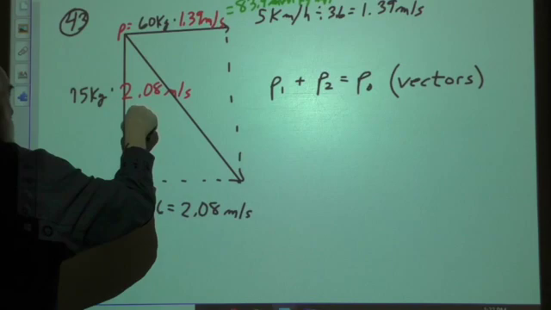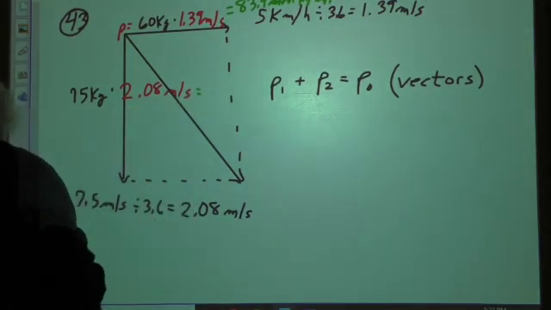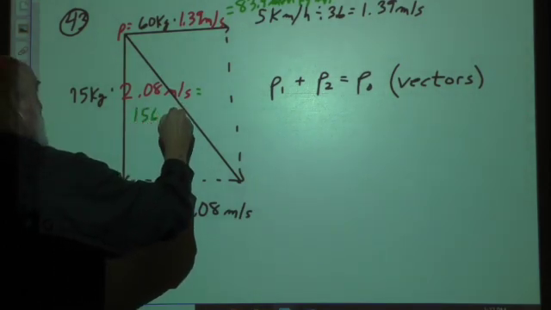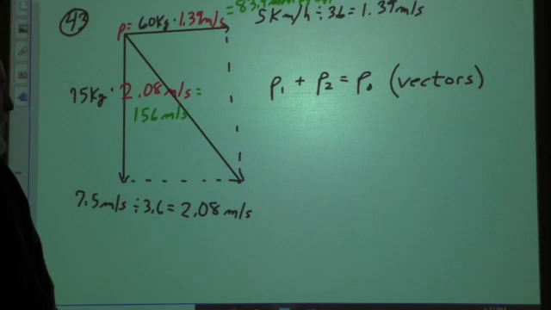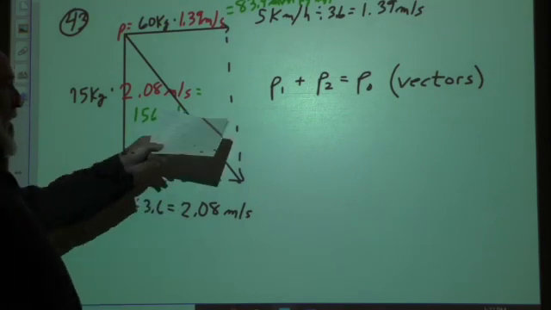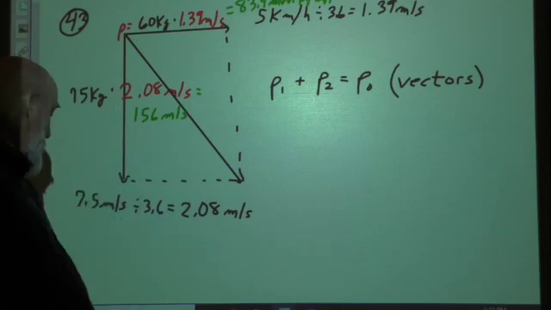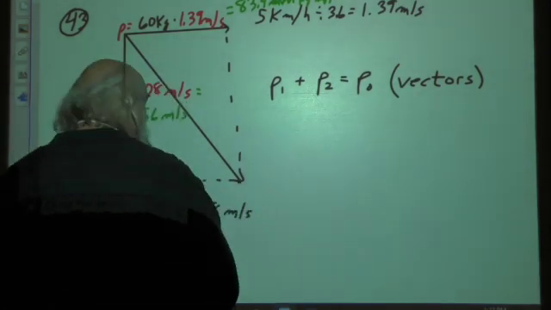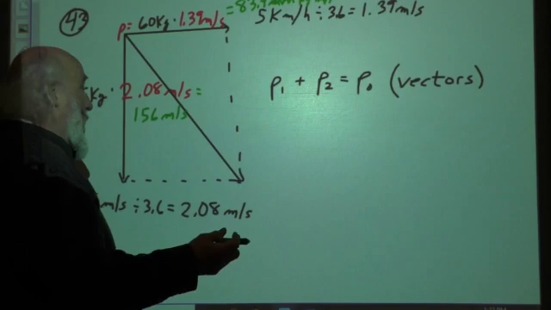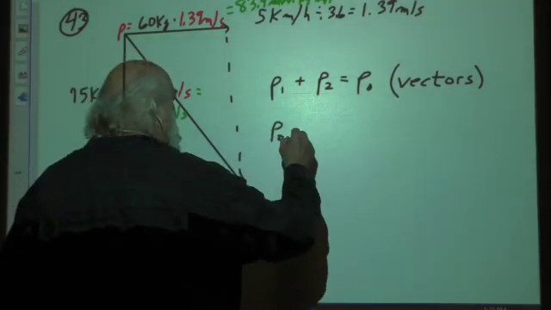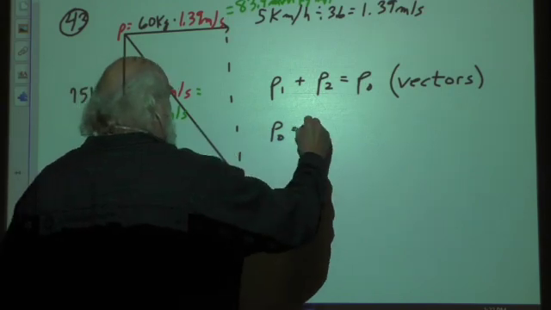And from this one right here, 156 kilogram meters per second. Okay? But I can't add them like 1 plus 2 is 3. This is a vector situation here. So I have to do a vector addition, which means we have to use the Pythagorean theorem. So p, the overall momentum, is going to be the square root of